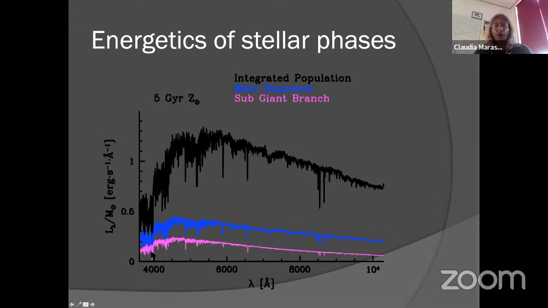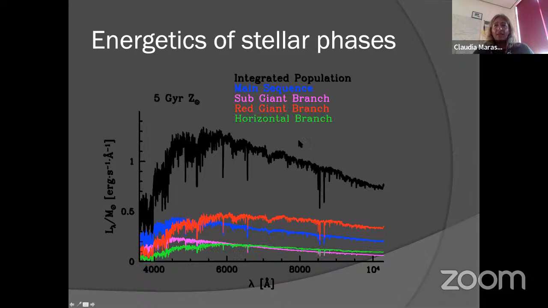The subgiant branch is very similar in temperature, obviously, as expected, but with less fuel consumption. The red giant branch has quite a substantial contribution to the actual light in this already old stellar population, but with a peak towards redder wavelength, as we know, because it is a red phase. The horizontal branch, or better said, the core helium burning, is an intermediate effect in this population, and then